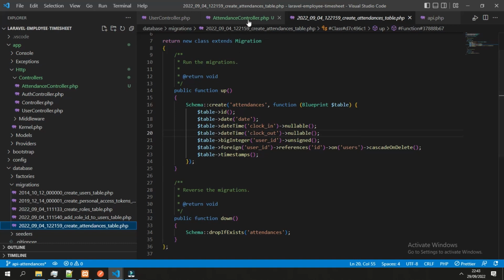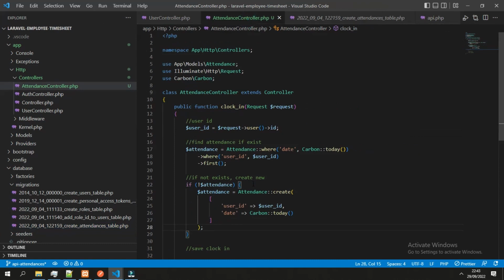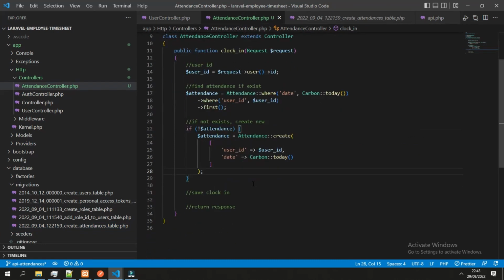So let's get back to the attendance controller. Now after we have the attendance, if it is not exist, it will create new one. If it is already exist, then we go to the next operation.